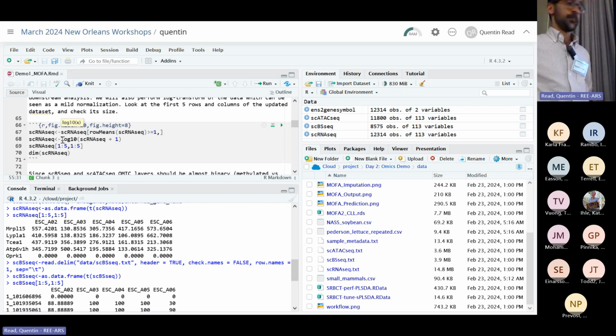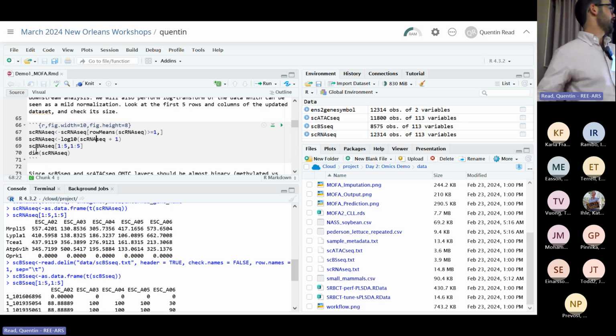And again, basically we're going to subset by where the row means are greater than or equal to 1. This means keep only the rows greater than or equal to 1, but all columns. And then take the log of this plus 1, which is the offset because we got zeros in the data. You can't take the log of 0. And then we're just going to print the first few rows and columns again to see what the new data